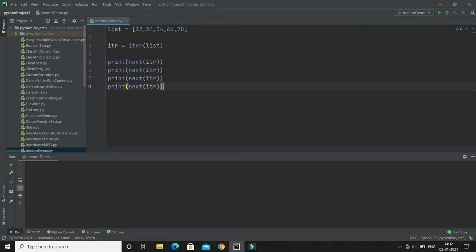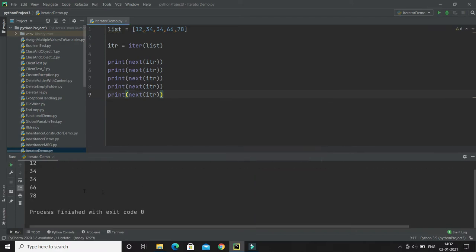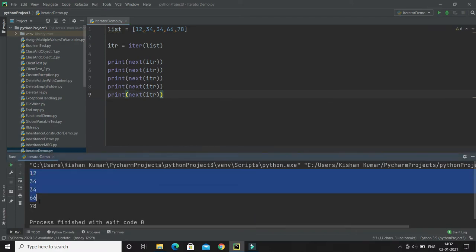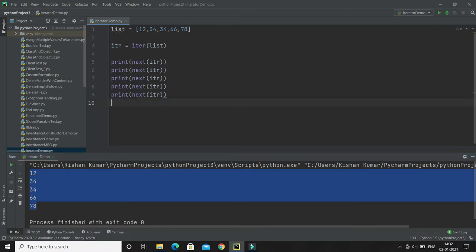We have 5 objects, 2, 4, 5 and so on, so 5 times we can call the next method by passing the iter object. Let me show you. If I run this, here you can see we get all the objects printed on the console.